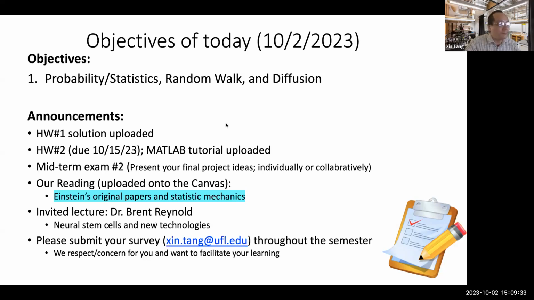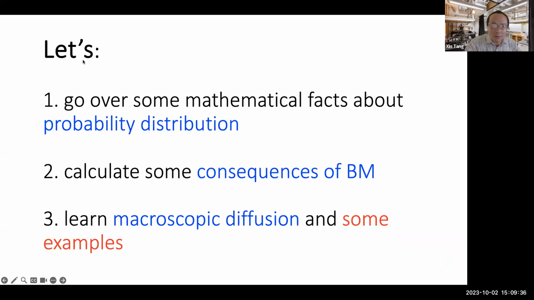Now, we will go through some mathematical factors and then calculate the consequence of Brownian motion, the phenomena that we discussed earlier. And then we will learn macroscopic diffusion and some examples. Those examples have not been well understood previously because of the lack of knowledge. But now, after you learn the things we will discuss, you will understand them better, such as